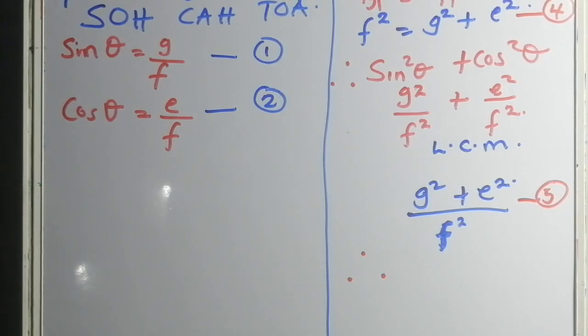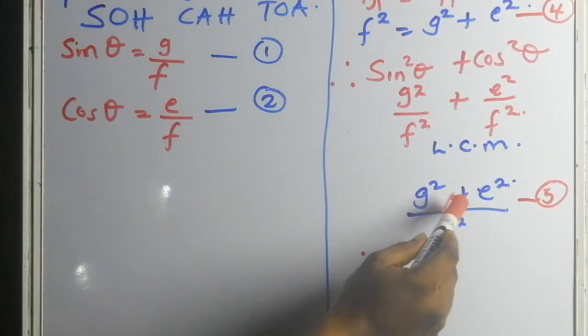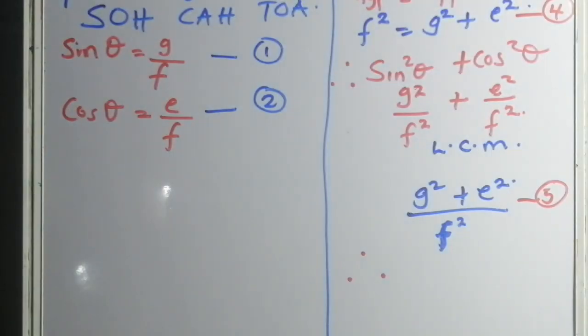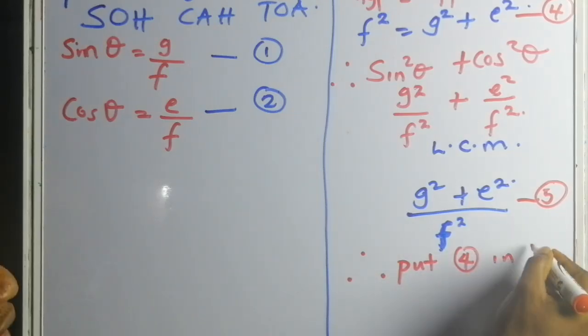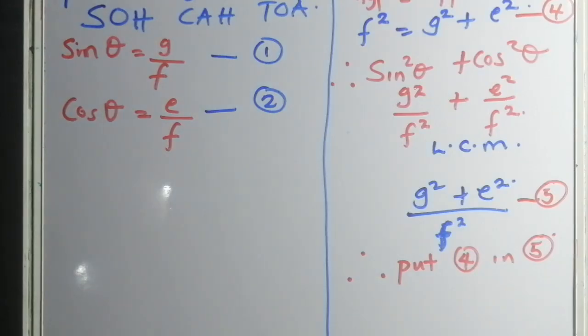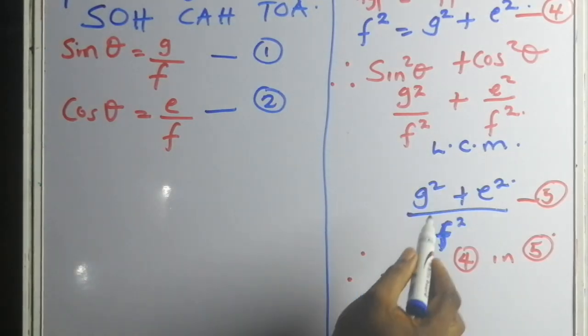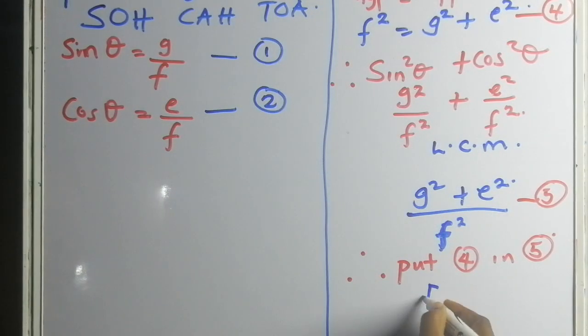Therefore, very simple. It can come out in your theory. Most times it comes out in the theory part: show that sine square theta plus cos square theta is equal to 1. So instead of writing g square plus e square, I will write f square. Therefore, put 4 in 5. When you put 4 in 5, at the end of the day, what do you get? Instead of writing g square plus e square, I'll write f square,